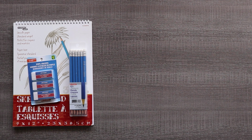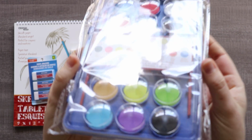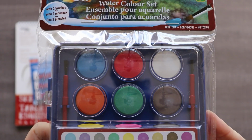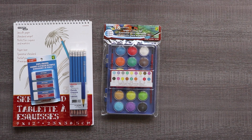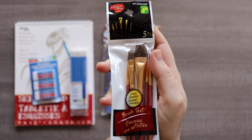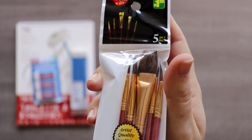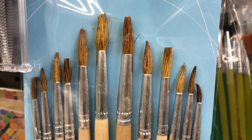And because I primarily work with watercolors, I thought I would do the cheap watercolor challenge. So here are my beautiful watercolor cakes, and I cannot wait to use them. They come with a brush or two, but they terrify me, so I thought I would buy some brushes. And this is what I ended up with. They didn't have the Studio brand like everything else, but they had a variety of brushes, and I have to say they are pretty pathetic. A lot of them are labeled as professional brushes, but